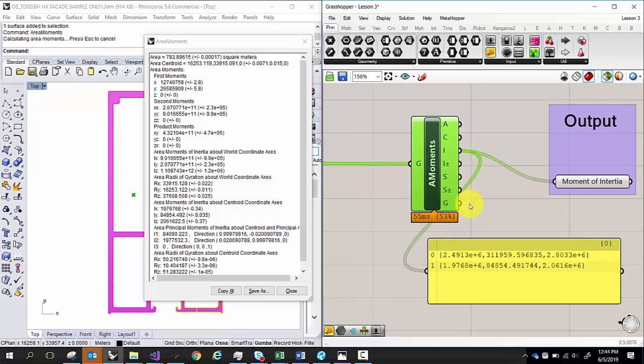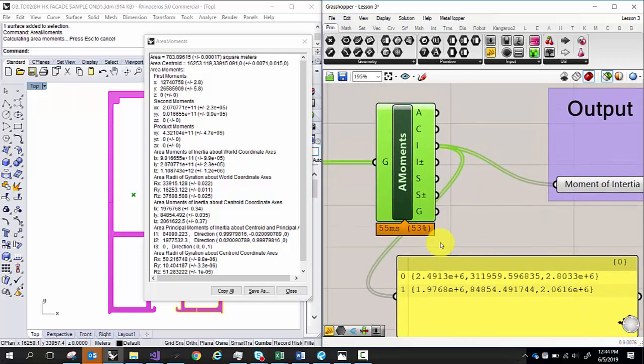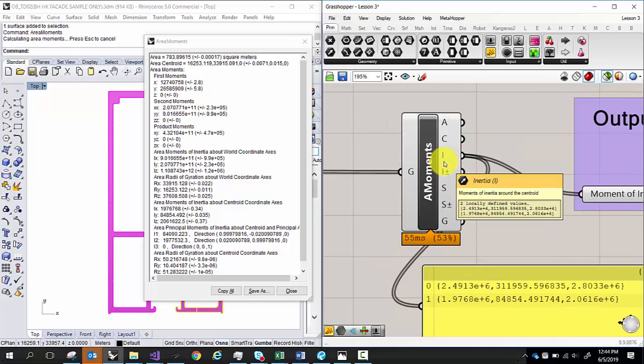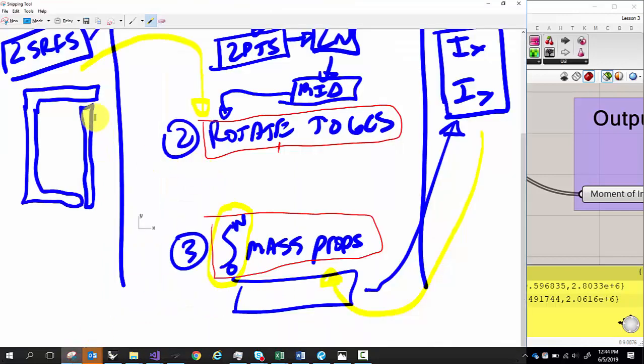Now, what was the main problem that we said last week? What was the main trick? Now, we said last week, here's the deal. We're trying to automate this workflow. And when we automate something, we have to take on certain responsibilities, because when we click mass properties in AutoCAD, he's doing a lot of things behind the scenes that we take for granted. This guy right now, he's basically giving us two moments of inertia. And the moments of inertia that he's giving us are, as we said before,